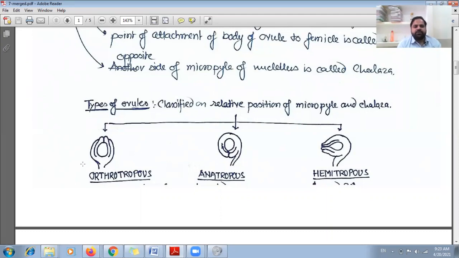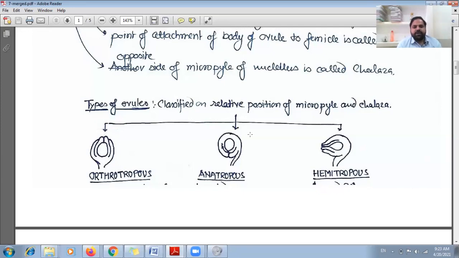The first one is called orthotropous ovule. In case of orthotropous ovule, it is the structure in which the micropyle, chalazal end, the embryo sac and the funicle are arranged in a linear